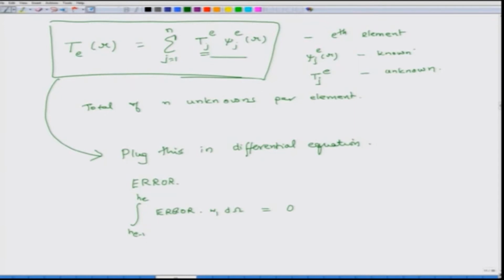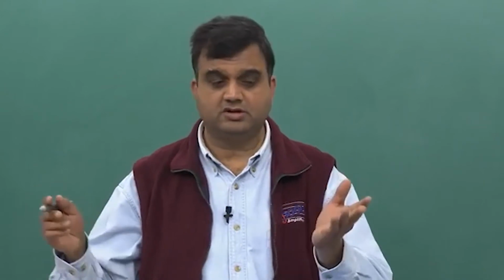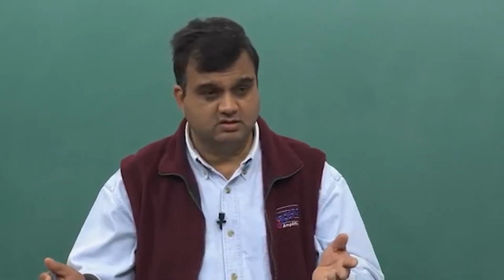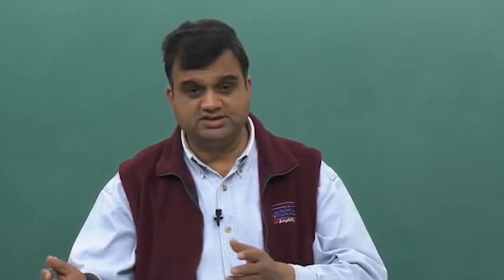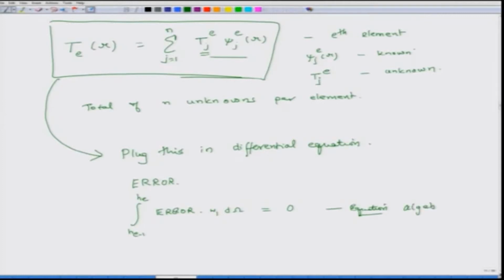Then second time we multiply it by another function and we get another equation. So this gives us an equation. What kind of equation is this going to be? These are known functions, and most likely we will choose polynomial functions. We will not use complicated ones. Polynomials we can integrate very easily. So when we integrate, what do we get? We will get some algebraic equations. Now how this process happens and what is the mathematics, we will explain it later.